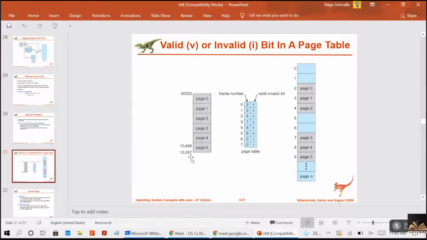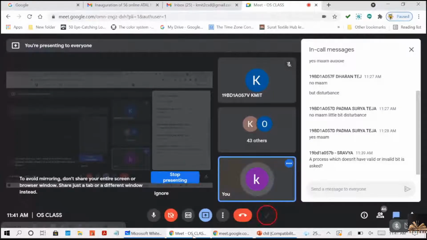That is invalid, but the operating system gives the validation per page. Page 5 was given as valid, so even if the user requests an invalid location, the trap will not be generated here.